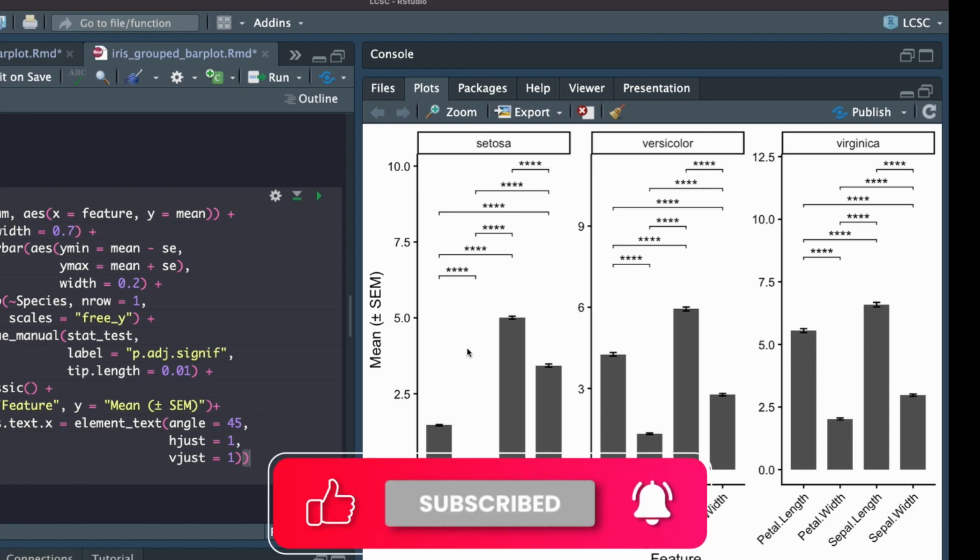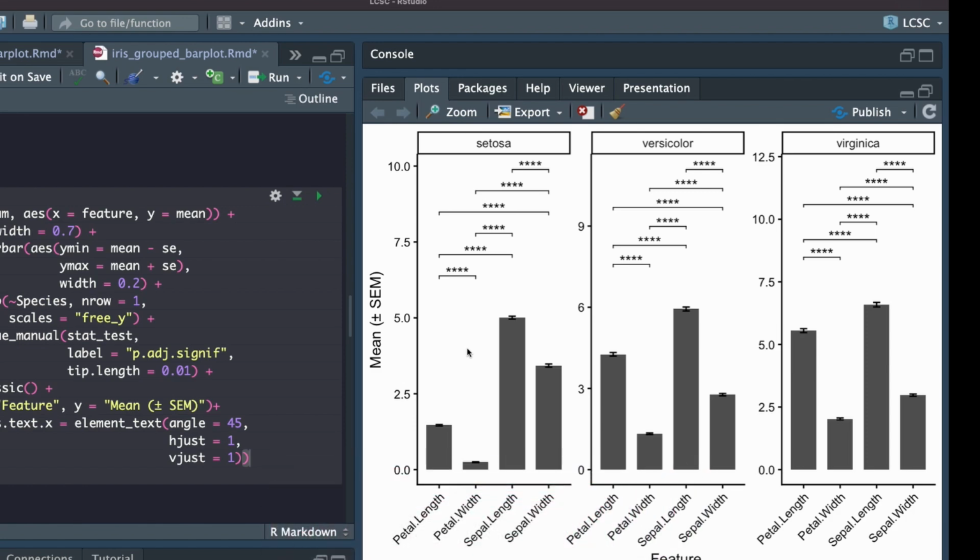I hope now you have learned how to prepare this kind of publication-ready graph using very simple code, and you can use this code for any data. You just need to feed your own data into it and prepare your publication-ready